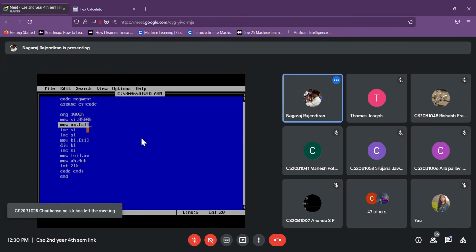Okay, this is nothing but a dividend, so the dividend is stored in the AX register. In order to get the divisor, I need to increment the memory location to 8502. For that, increment SI means 8500 becomes 8501. One more increment SI becomes 8502. Now SI contains 8502, so I am moving the content of memory location 8502 to